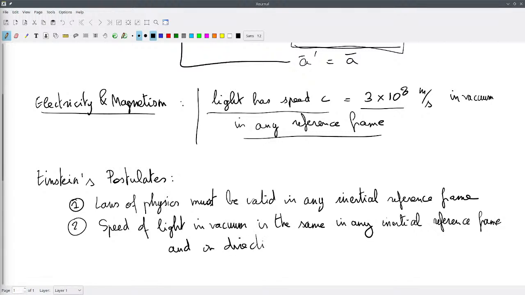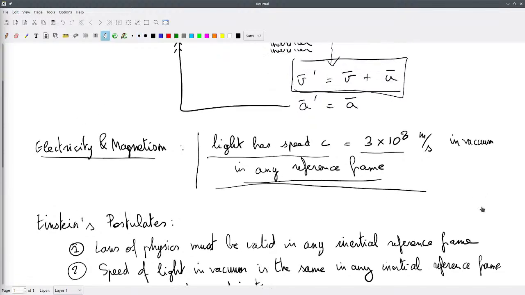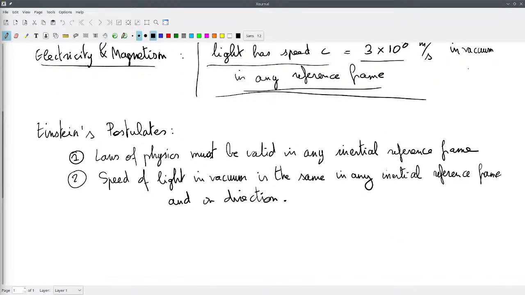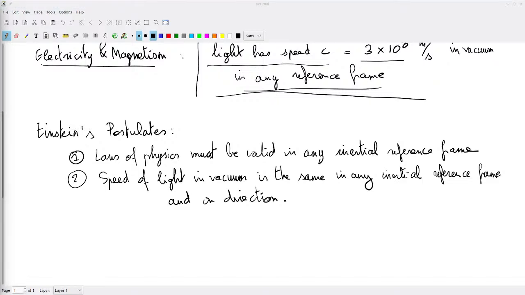No matter how you measure it, the speed of light in vacuum has to be the same. So instead of the speed of light being an outcome of electricity and magnetism, and instead of the unchanging nature of Newton's laws being an outcome of how we transform our coordinates when we transition from one reference frame to another, Einstein made those a requirement.